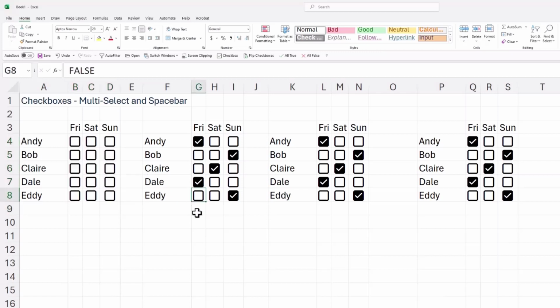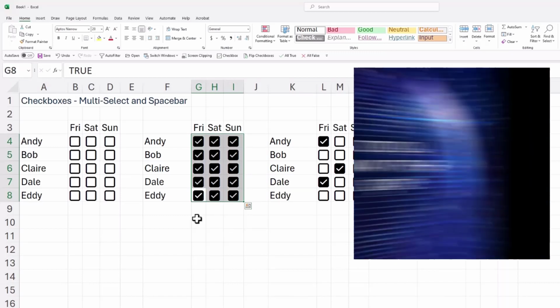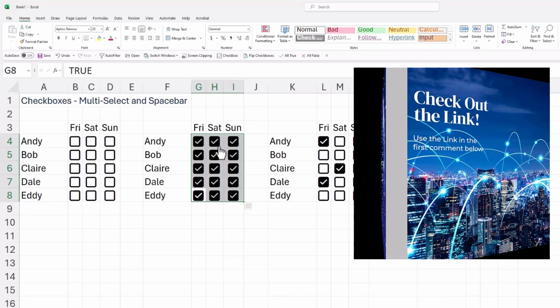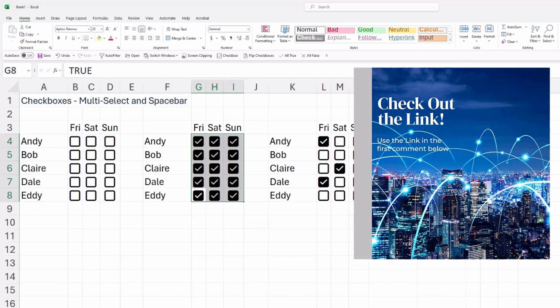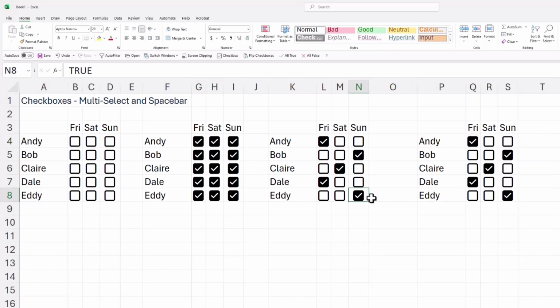And if I select the other way, starting from a false cell, and then press spacebar, it changes everything to true. So it's toggling the active cell and propagating through the whole thing. That's not really what I think would be useful. Wouldn't it be better if we had something that would flip those?